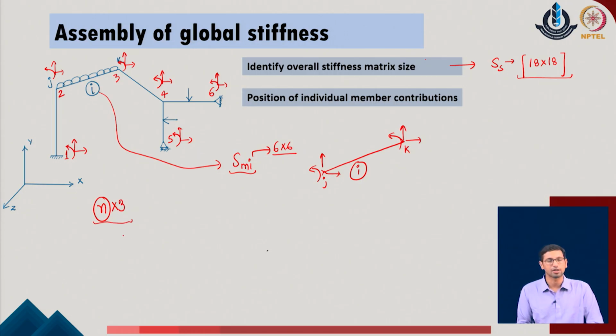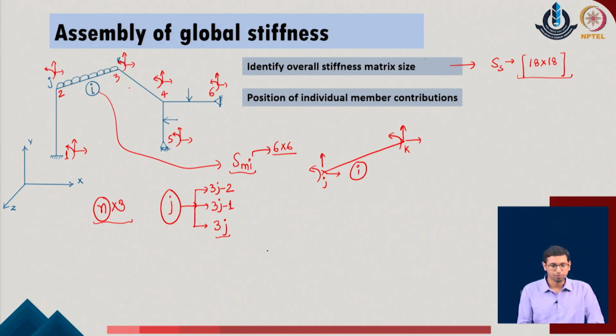So, that is where we are getting total 3 into n number of degrees of freedom in the system. So, for any jth joint of the given problem, we are supposed to get 3 degrees of freedom, and these degrees of freedom will be 3 into j, because that is the total number of degrees of freedom which we will end up with at that particular joint, and the other 2 degrees of freedom will be 3j minus 1 and 3j minus 2 in the given problem. So, one can just cross check it.